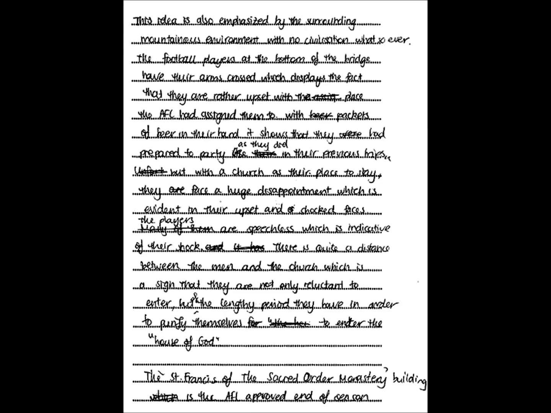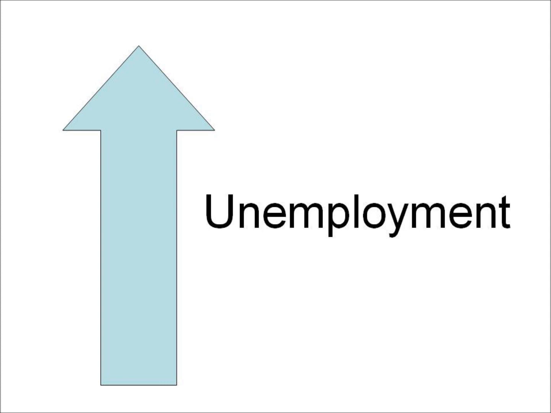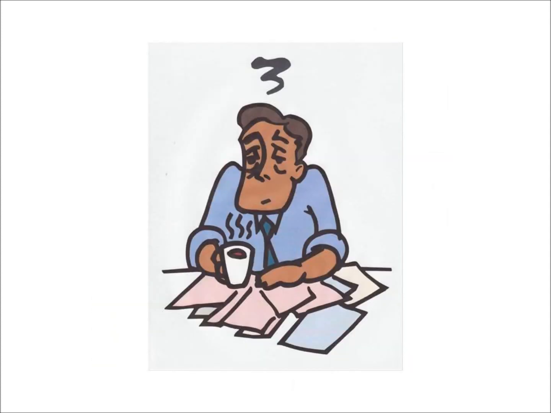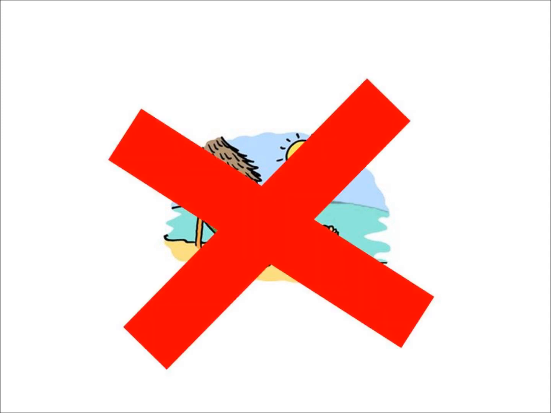Although our essay mainly touches on the implications for the economy, such as the general price level, which will directly impact the material standard of living, we should not forget that the non-material aspect of life may also be affected. For example, when the unemployment rate rises, there will be social costs such as stress, as people are unable to cope financially. Countries that experience economic growth may require their workers to work longer hours, and the opportunity cost is leisure time. With less time to relax, workers' non-material standard of living will fall.